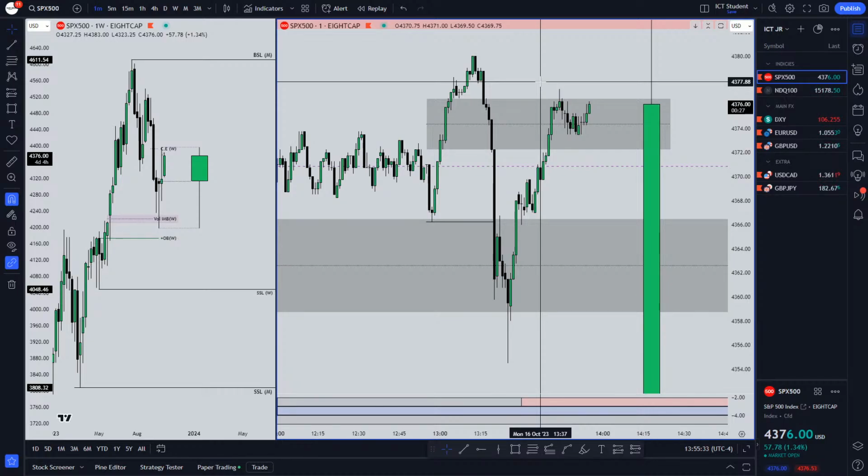Alright, ladies and gentlemen, I think this is where the stream ends. But I'm going to try to stream every day, if I'm being completely honest, for the rest of the year. But for this PM session again, it's balanced price range, respecting it, higher prices, aiming for some buy side, and then eventually aiming for that sell side.